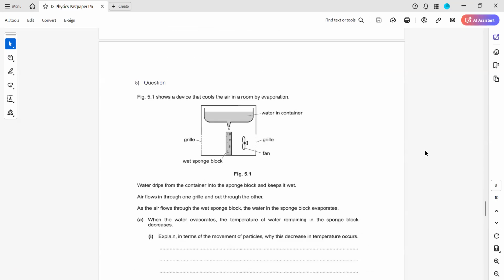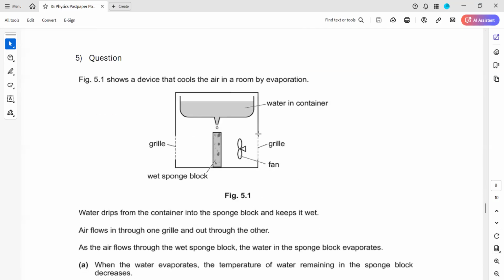Next we have question 5. Figure 5.1 shows a